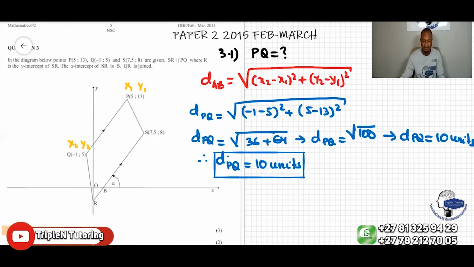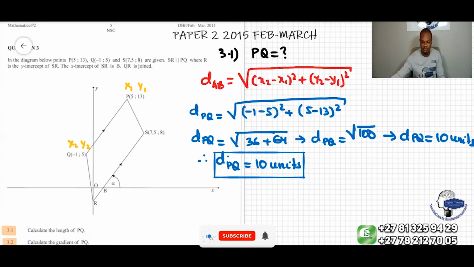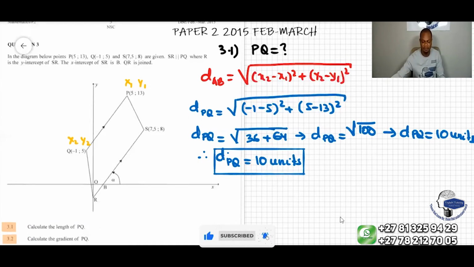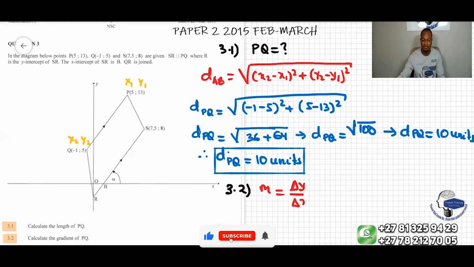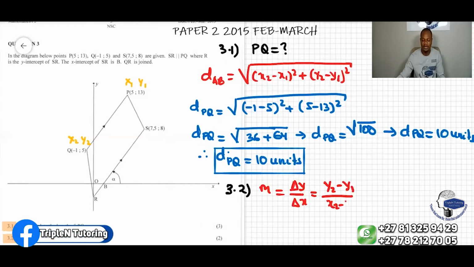All right. The following question says calculate the gradient of PQ. Okay, 3.2. The gradient is given by the formula m equals delta y, change of y, over change of x, or sometimes written as y2 minus y1 over x2 minus x1. I want to apply this formula and sub in the points. Let's say m will be equal to